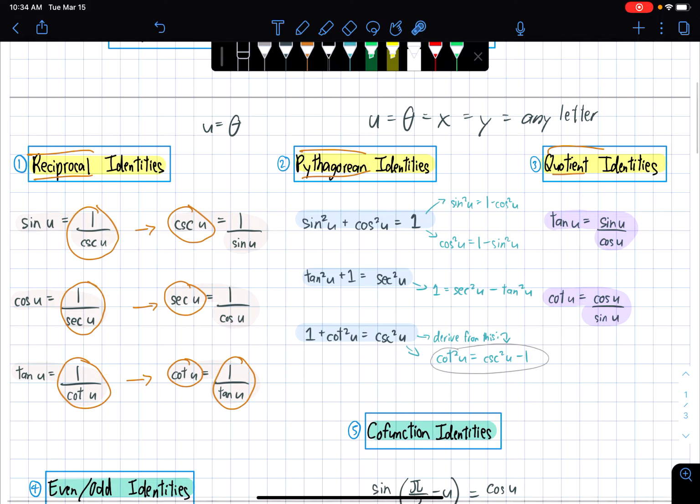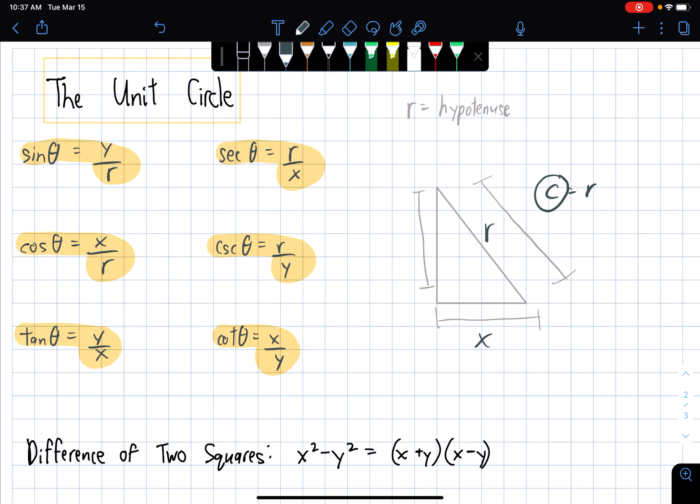So for the unit circle, you have to understand that sine theta is equivalent to y over r, provided that wherever x is, it's not at the hypotenuse. I'm sorry. If x is missing, you will always place r, the hypotenuse, at the front, the highest value, and the other value, which is y, will be the one that's being subtracted from r. So yeah,